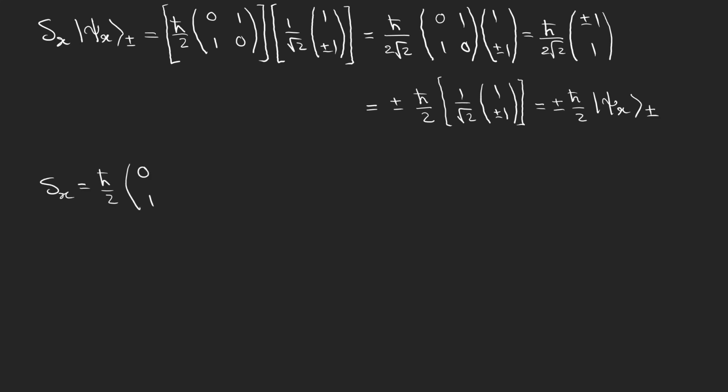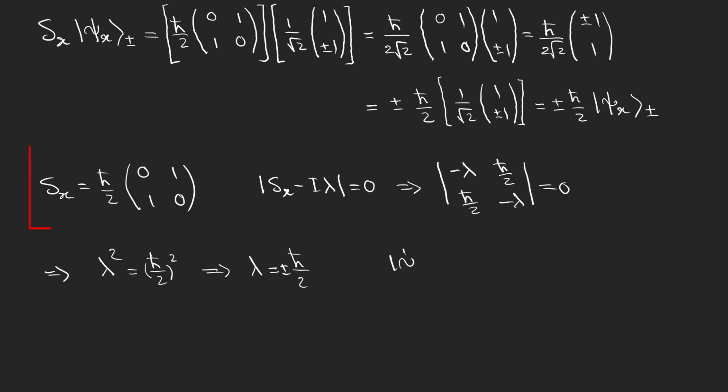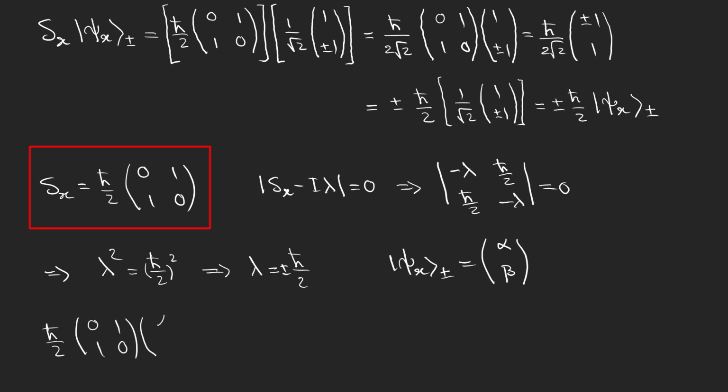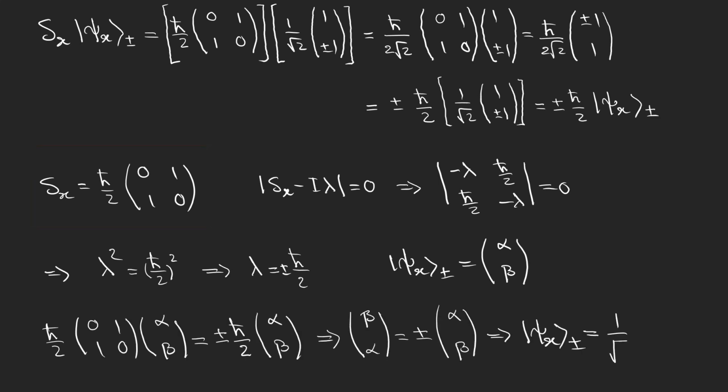If you want to know how we can come up with these states, we can start from the Pauli matrix representation of the x component of the spin operator and then first solve the characteristic equation that involves lambda to find the eigenvalues. Then, by using these eigenvalues, we can find the possible eigenvectors.